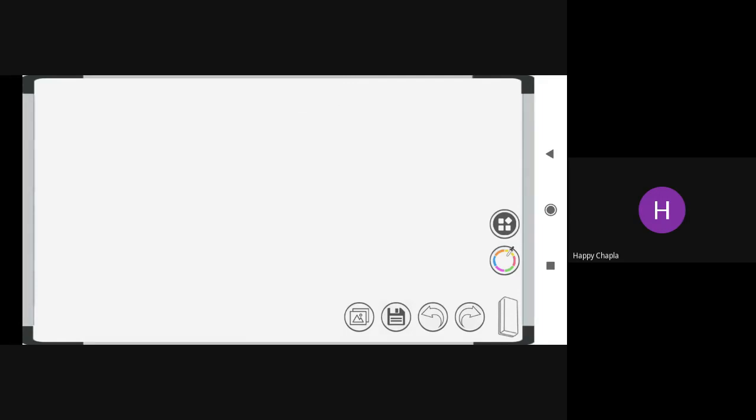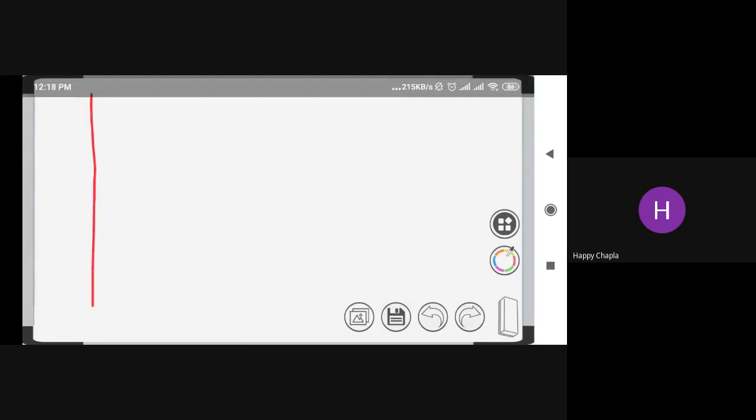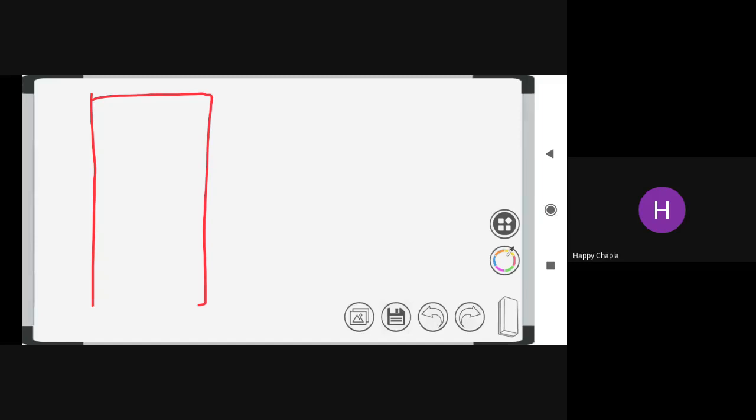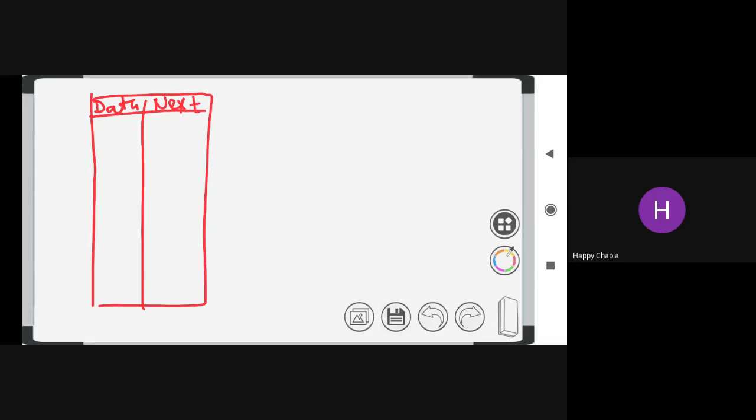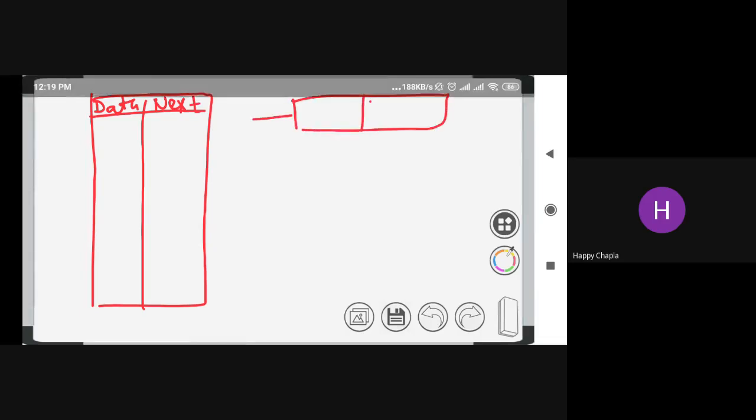Now, how is it going to be represented in memory? Here is my memory. You can store the data part here, and here you can store the next, that is the second portion of the node representation in the memory.